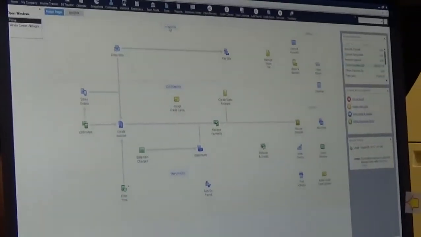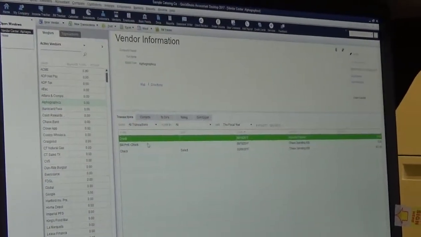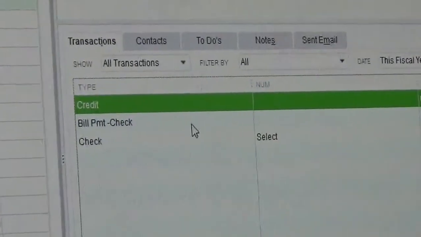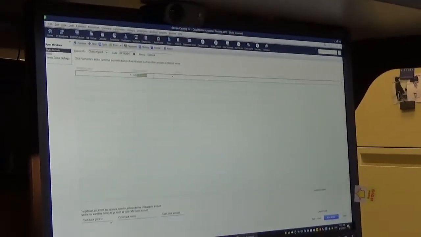And then if we go back to the vendor window, we look at Alpha Graphics, we see that not only did we get the money in our bank account, but we can see the credit in our transactions window. Unlike if you took the shortcut and you just went through the deposit window and we went right back to office expense in there,